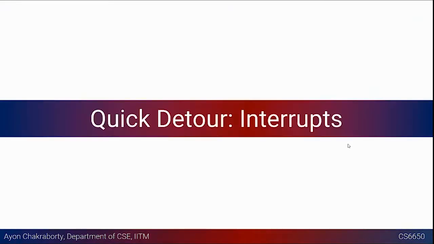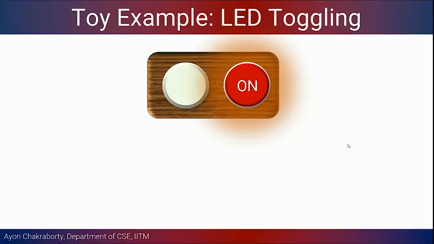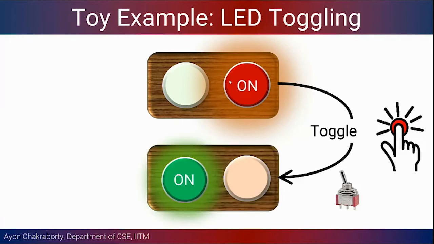Okay. So the first thing I want to give you is a toy example, right? It's a very simple example just for you to understand how this thing works. So let's say you have a board with two LEDs, right? This is LED 1, which is turned off, and the other one, the red one, is another LED which is turned on, right? And let's say you want to push a toggle button. So there is a button like this that you can drive in this direction, which basically changes the state of the two LEDs, right?